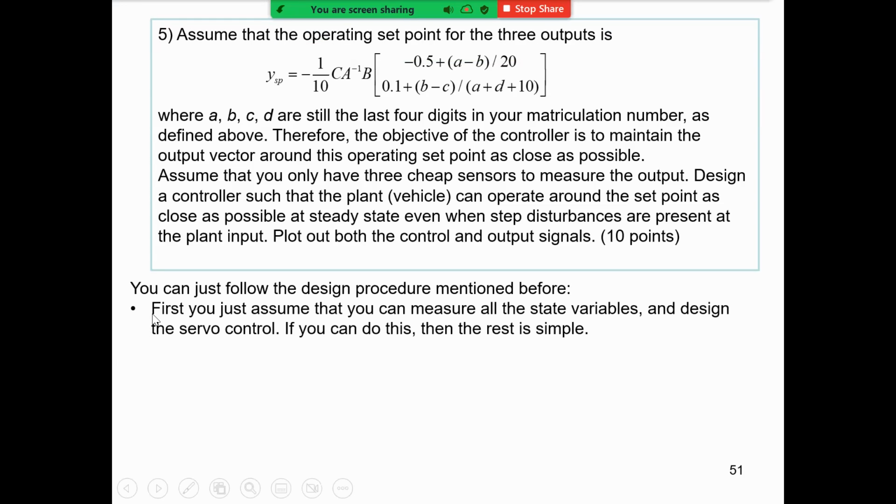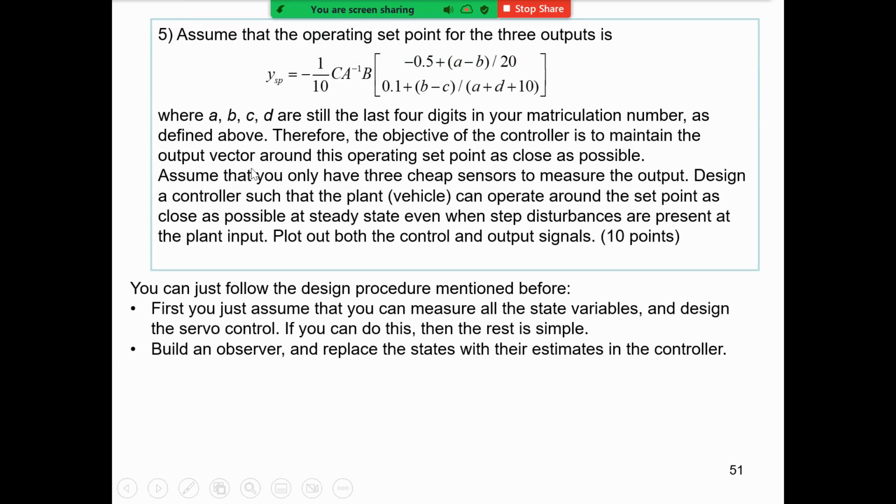Okay. First, you just assume you can measure all the state variables and design the servo control. If you can do this, then the rest is simple. First, you assume that you know all the state variables. You make it work, right? This first step is important, because after this is done,